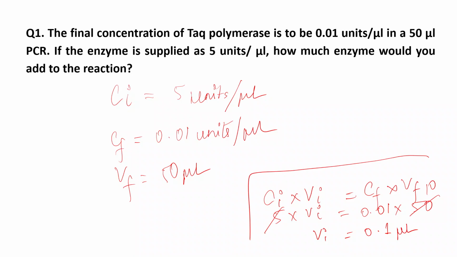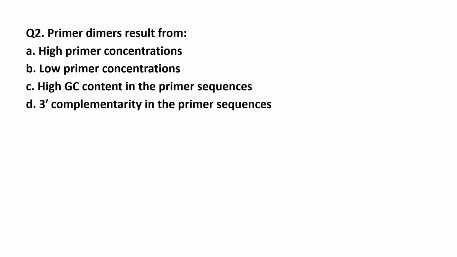Okay, we'll go to the next one then. Primer dimers result from,